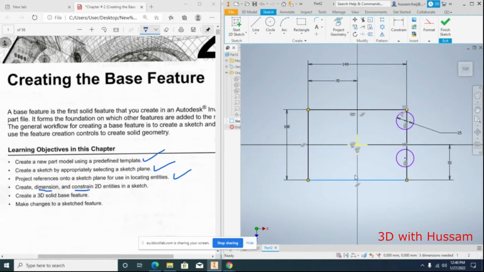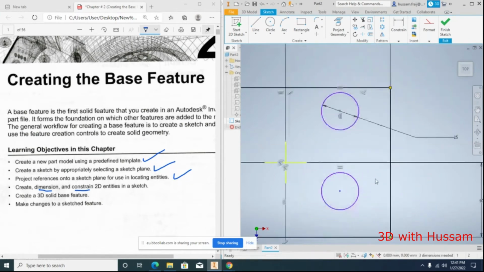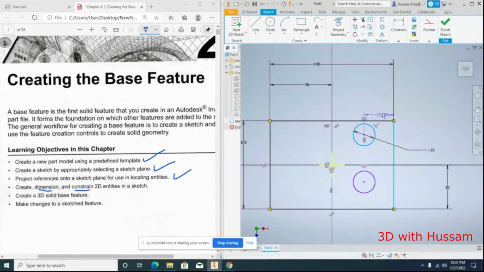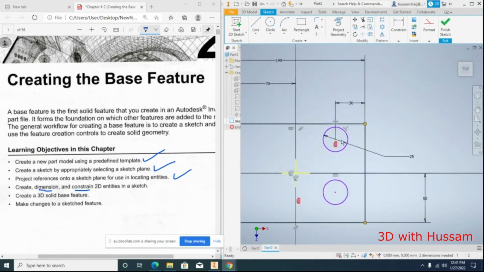Now also I can see purple color for the rectangle. But still the circles, they can move because I did not control their location. Okay, I will add another dimension from here to the center or to this edge, let's say 30. From here, okay, now I fixed it in this direction in X, but still in Z, it's not fixed, because if you go here, if you go